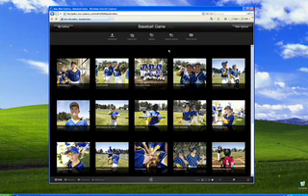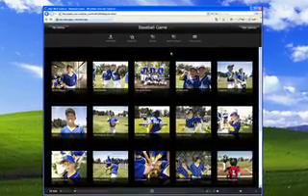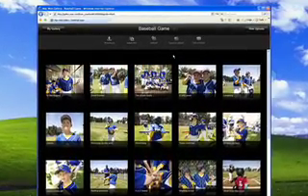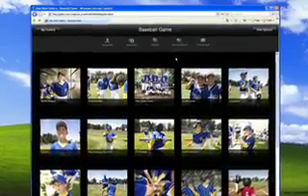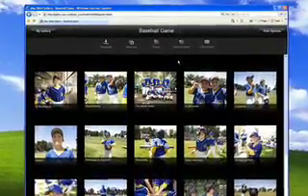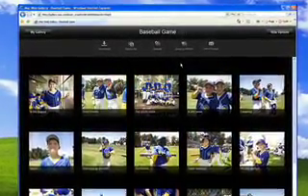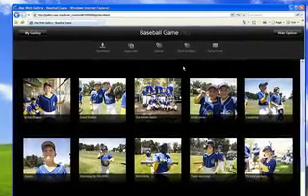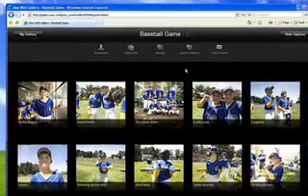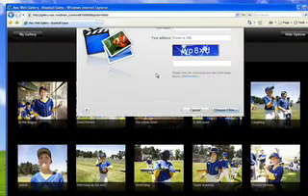It's easy for friends and family to contribute their photos to my .Mac web gallery, whether they're on a PC or Mac. My friend Derek also took some really great pictures at the game. He's on a PC, but when he visits my web gallery, it looks just like it does on a Mac. He can view my photos or upload his new shots to my gallery. All he has to do is click the Upload button,